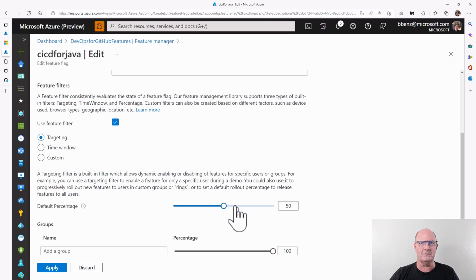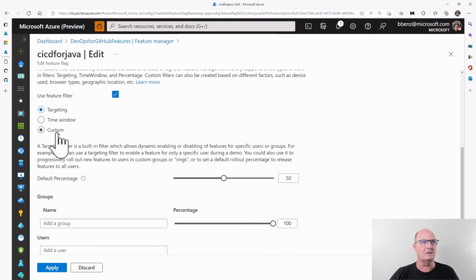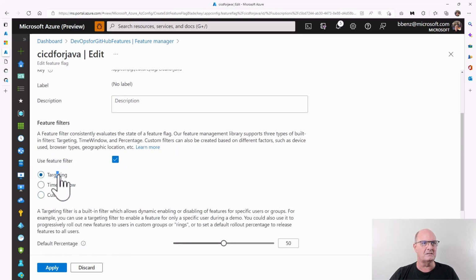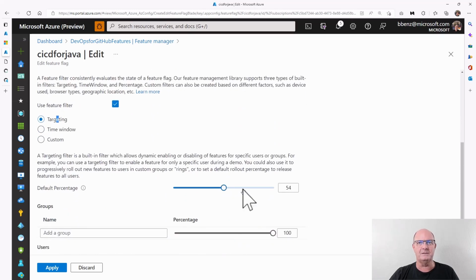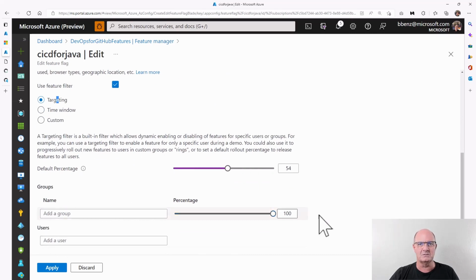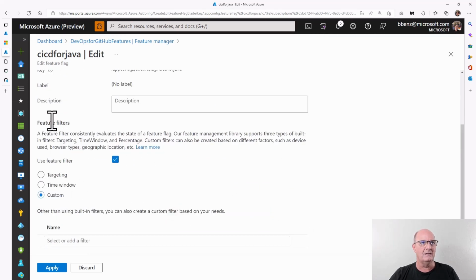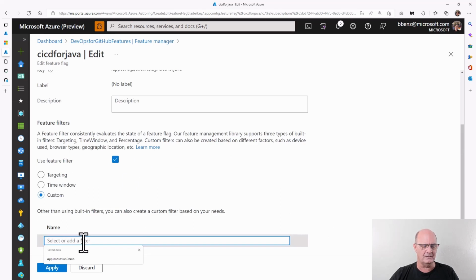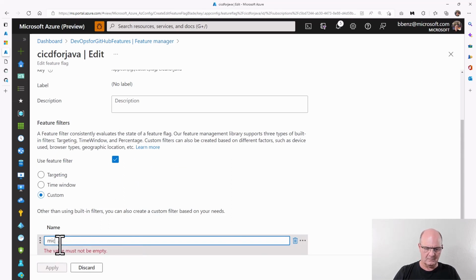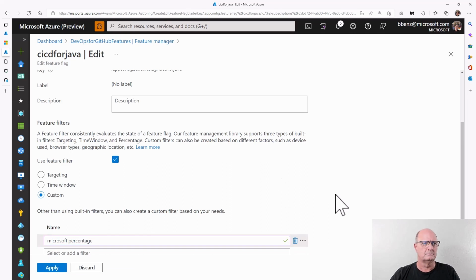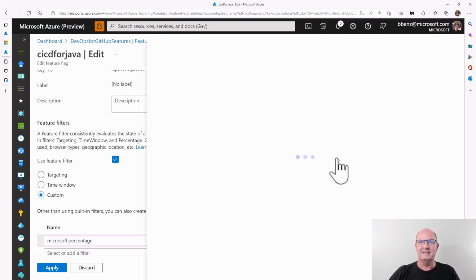The custom is a default percentage, or a custom can be a percentage. So the percentage itself can be 50 up to 100. You can also set up a group and users for targeting. You can also set custom, which would be a 100% percentage. If we go in here and say okay, then you edit the filter parameters.